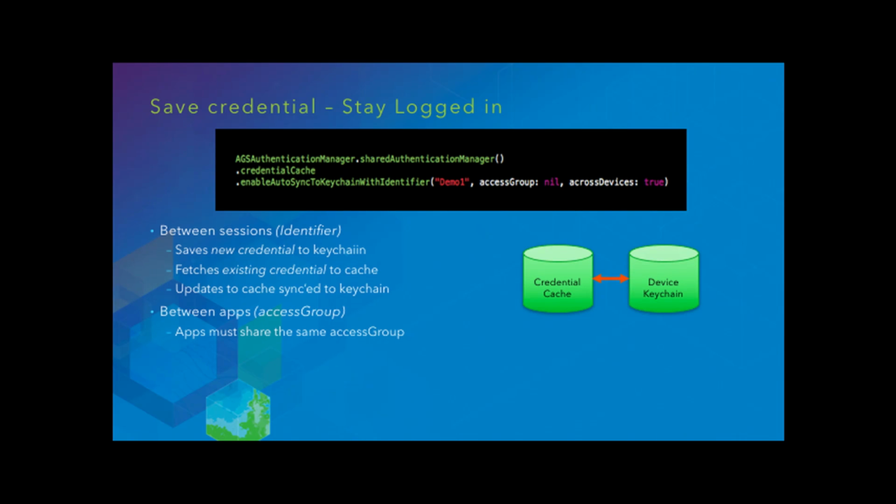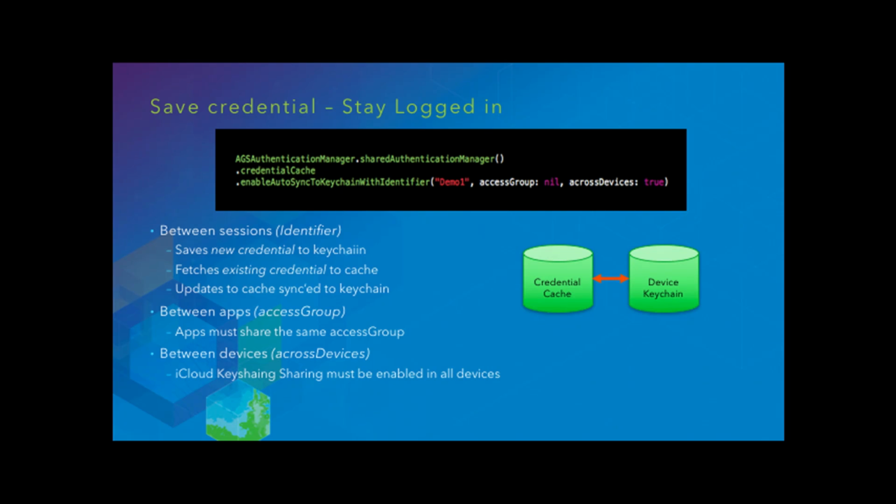And the last parameter in this method determines whether or not you want to allow users to share their credentials between devices, like their phone and tablet. For this, the SDK actually taps into the iCloud keychain sharing provided by iOS, and users must have turned that setting on in their devices. So that's the third one.